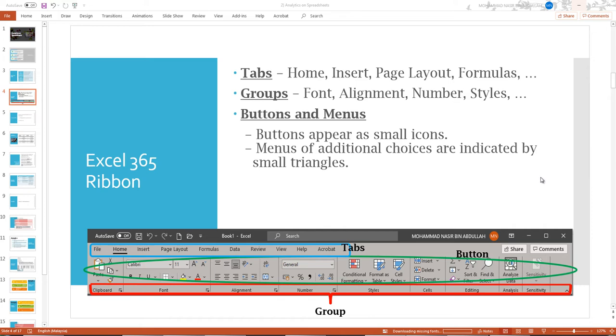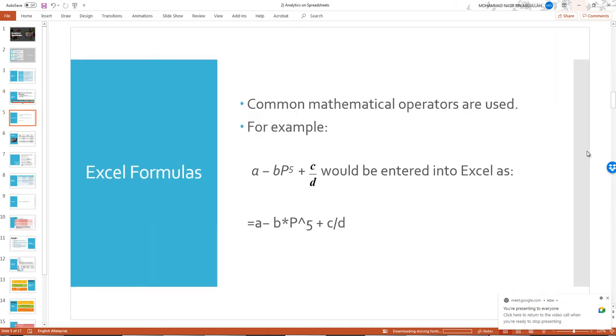Okay, any questions regarding the ribbon? I think this is quite simple and straightforward, right? So